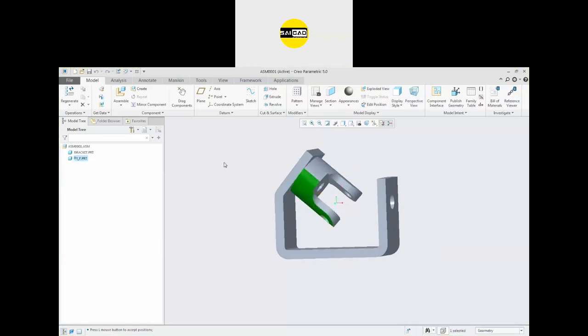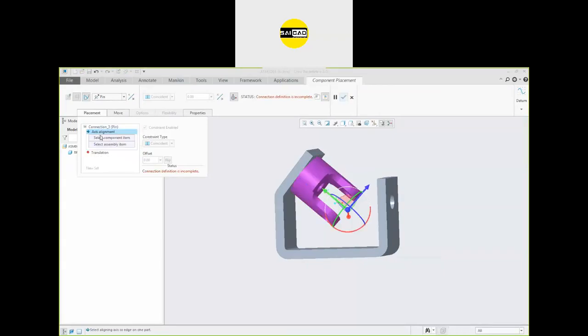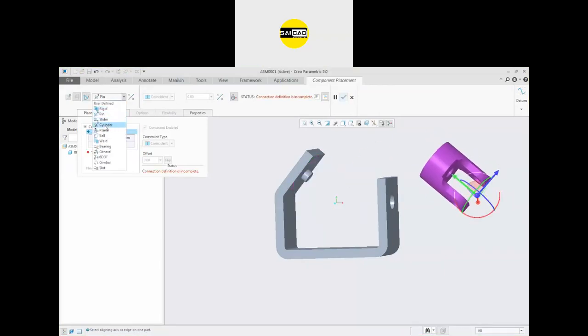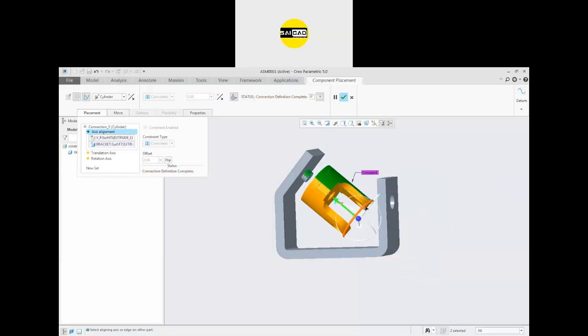Now I'm going to specify the other joint. I'm going to show you what is the difference between pin and cylinder. So right now I'm going to remove the relation, delete them from here. You can move the product like that. So select the cylinder from here. You can see in the cylinder we only have to specify the axis alignment. So select the circular faces like that, or select the axis like that. You can see this is on rotation and it can be moved along the axis like that.